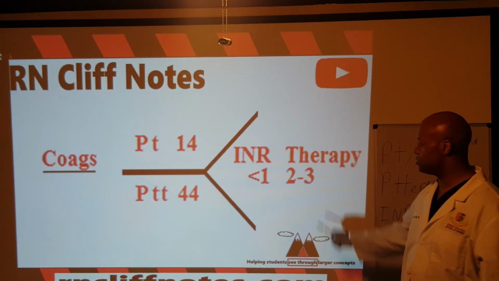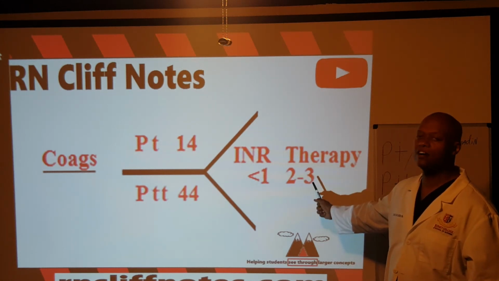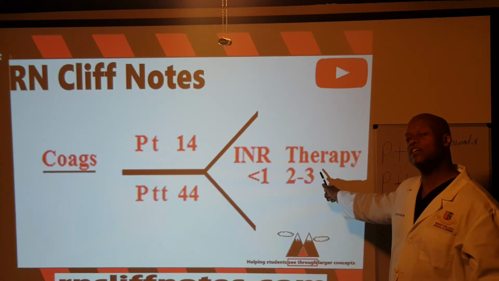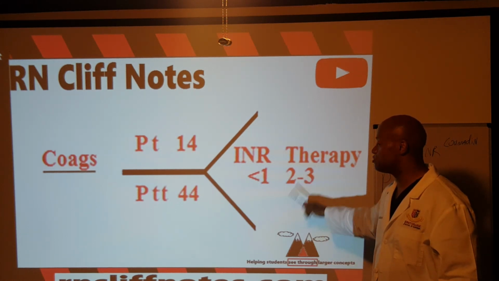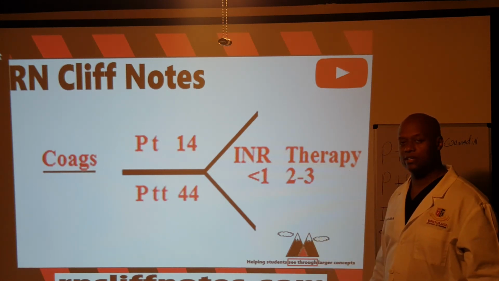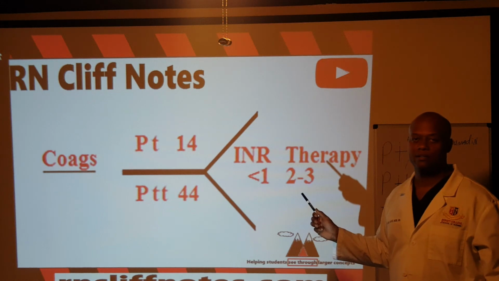But notice that I put the 2 to 3, what? Underneath the word therapy. So if your client's what? Under therapy, then it's going to be 2 to 3. So what's the INR? Should be less than 1, but 2 to 3 under therapy. 1, 2, 3. It's that simple,